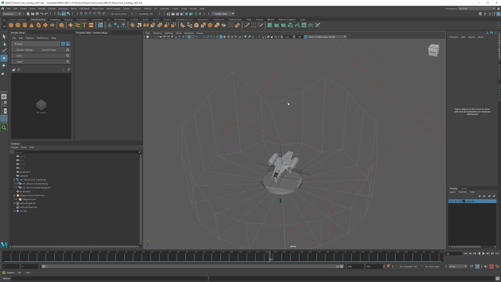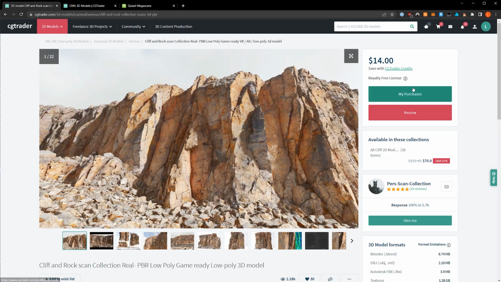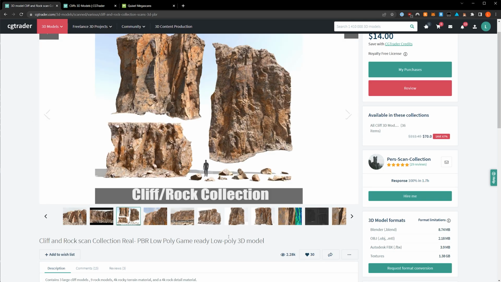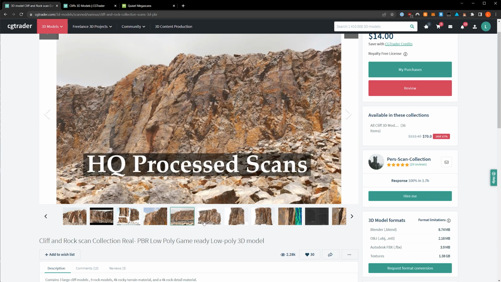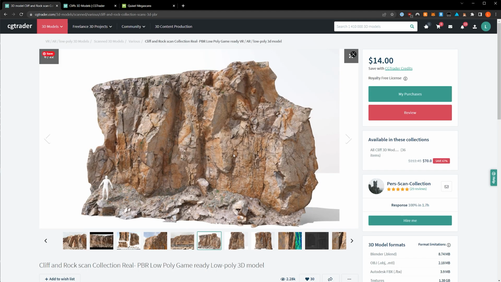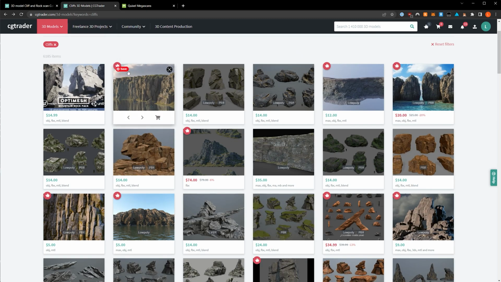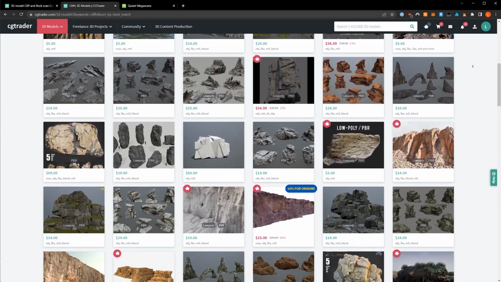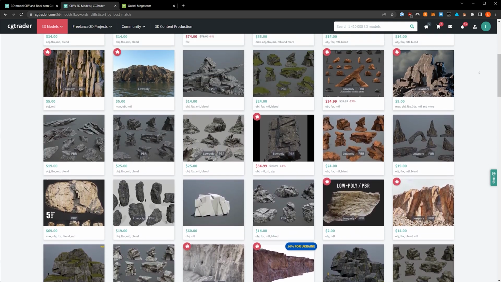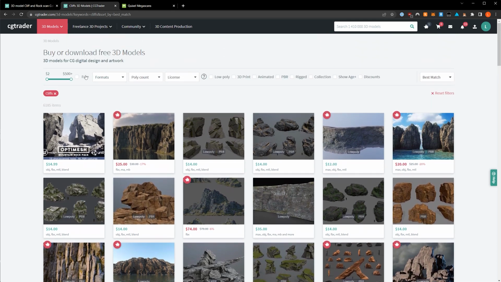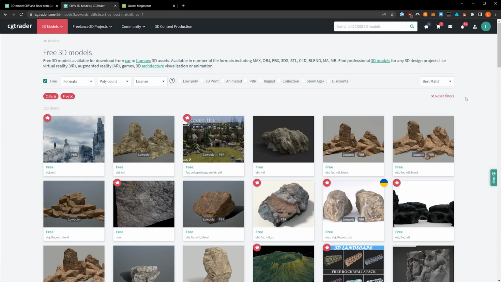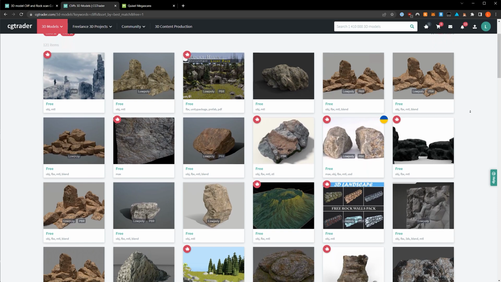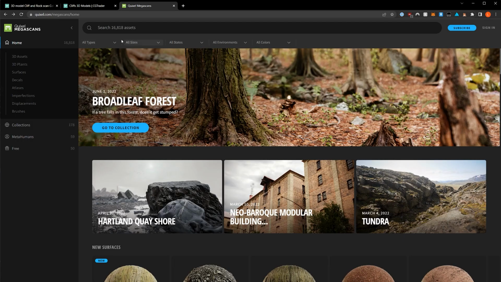Now, speaking of rock assets, the ones that I used for this were available on CG Trader. They were paid, but they are very good. So if you're interested in using the same ones, these are the ones I used. If you're not interested in this one, there are quite a few other ones on CG Trader. There's also Turbo Squid, and you can find similar types of assets. You could even go for ones that are not a collection, but are just singular assets, and then copy them out. Another really popular choice is Quixel Megascans.